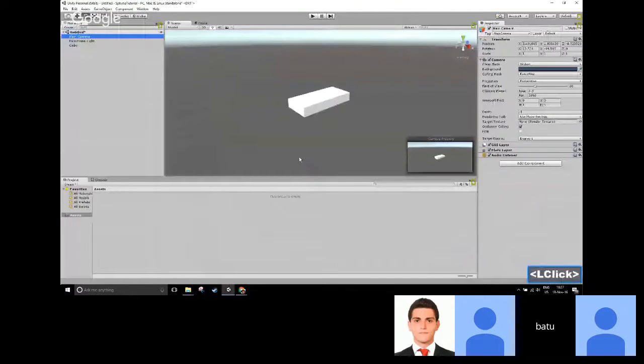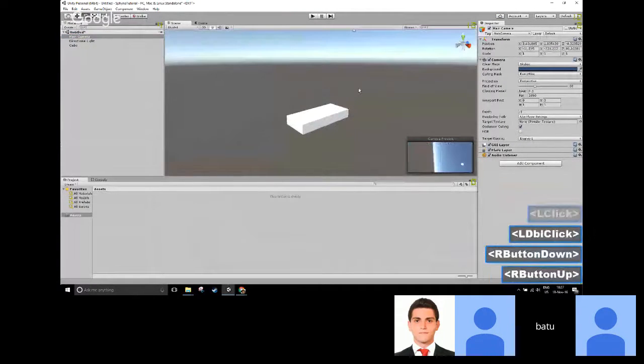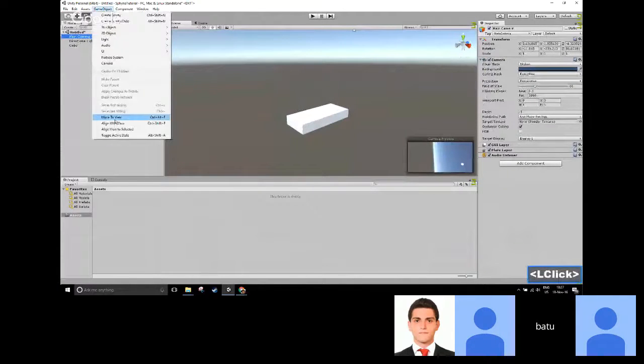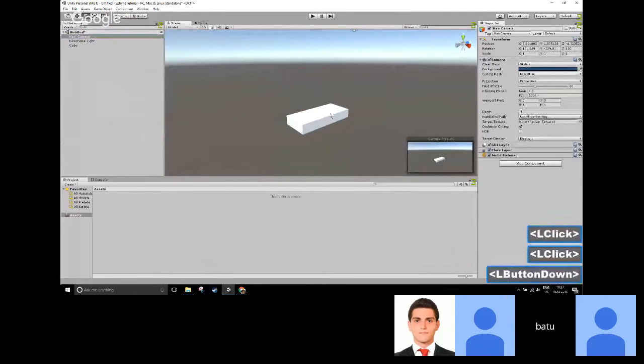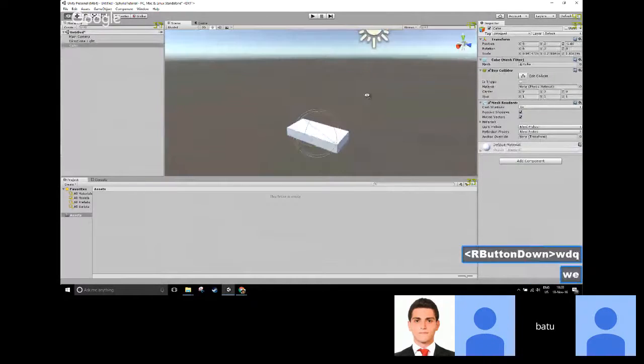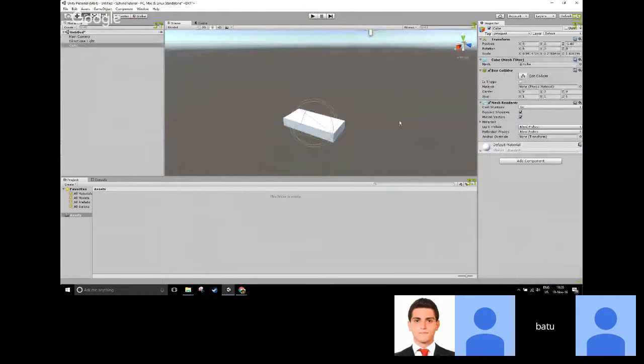So let's go back to adding some components to our game. Whoa, what is happening? There's something weird happening. So now, if I want this cube to fall, I have to change something with it. And the way we change stuff is by adding new components. One of the most useful ones is